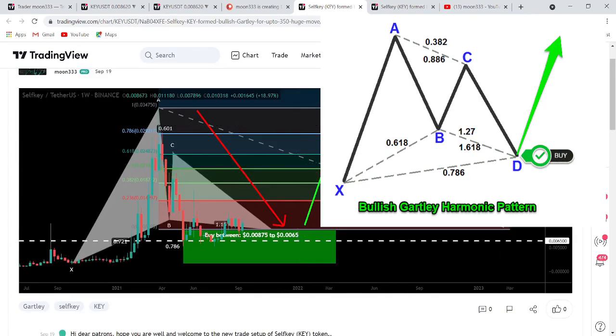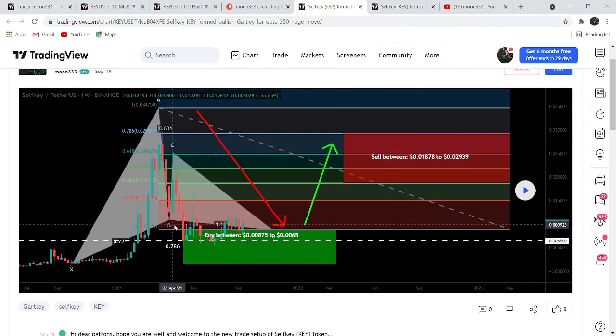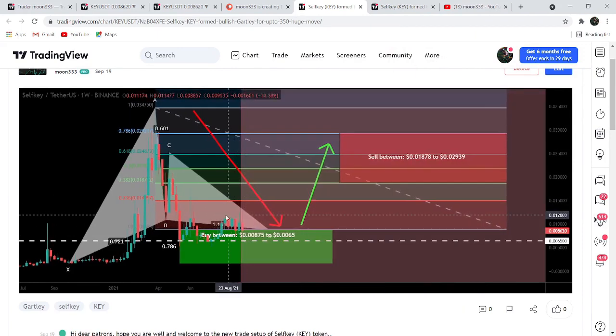And you can see, if I play the chart, when I shared this idea, the price line after visiting the buying zone, it was moving above this potential reversal zone. Now I'm just going to play the chart, and you can see the price line has again moved inside this potential reversal zone. Now here we also have a very strong support, and this will be our key support at